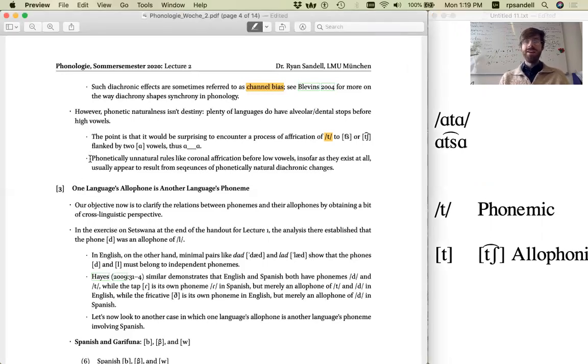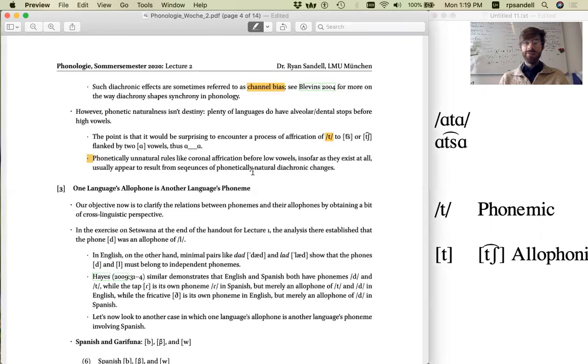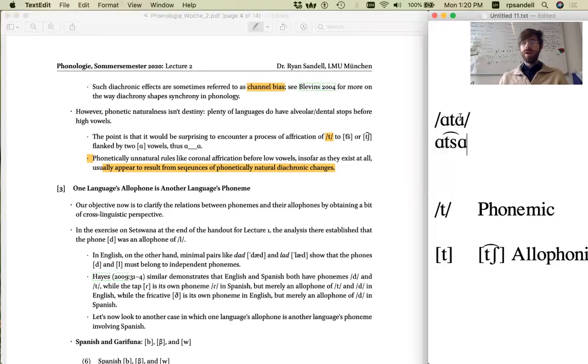If we were to find a phonetically unnatural process like this one, such processes, insofar as they exist at all, probably result from sequences of phonetically natural diachronic changes. So if we were to find such a process in a language, we might think, well, perhaps these ah vowels were originally some other type of vowel which would have been more likely to condition affrication, before those vowels underwent a diachronic change and became an ah vowel. But if the distribution is maintained in the language, then it could theoretically be possible for a speaker to learn